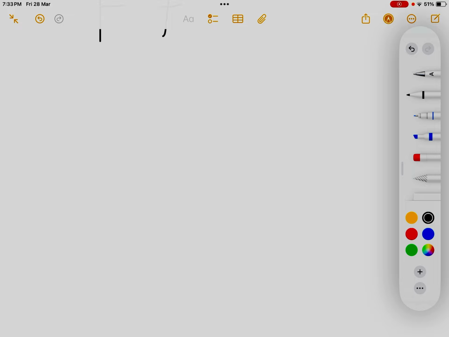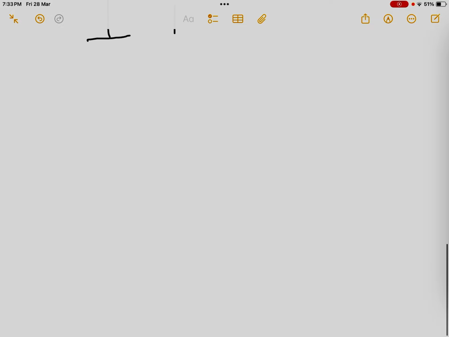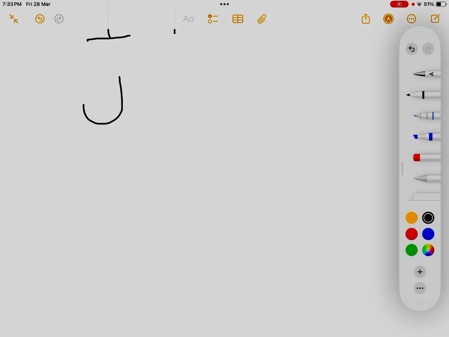Let's revise A, B, C, D, E, F, G. So we will write G. Then H, I, J. H, I, J, K, L,